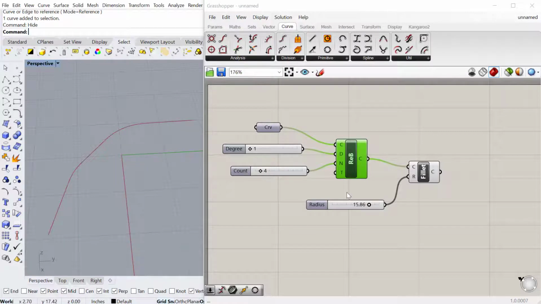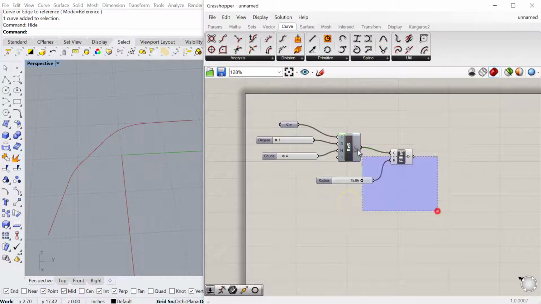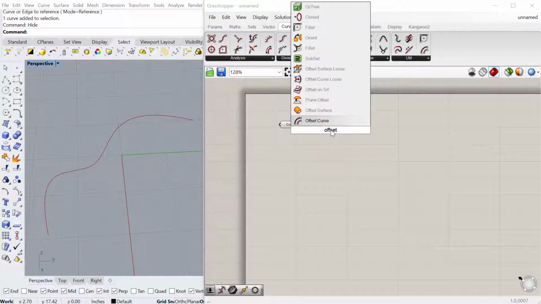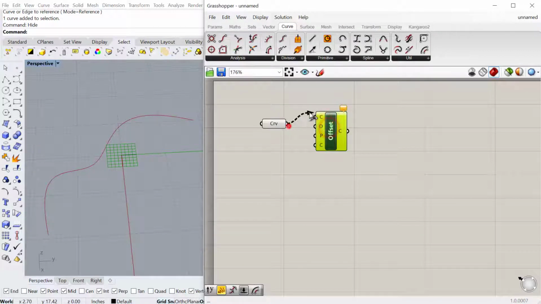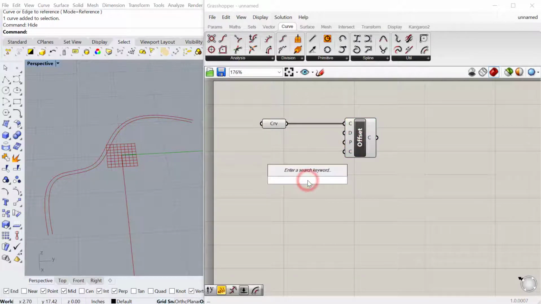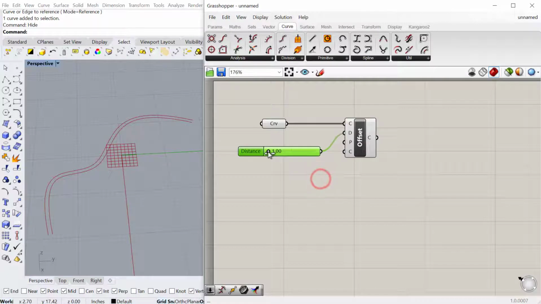The next one we're going to do is offset. So we'll just keep using the same original curve. I'll turn that back on, and then we'll find the offset curve component, and then plug your curve into the curve input. You then have the distance of the offset. So we will offset this one. Let's do a slider. 1 to 20.00. Plug that into distance. And then you'll notice the other thing you can do, if I double click on the slider,